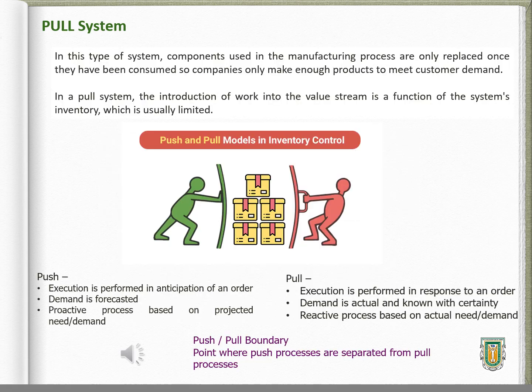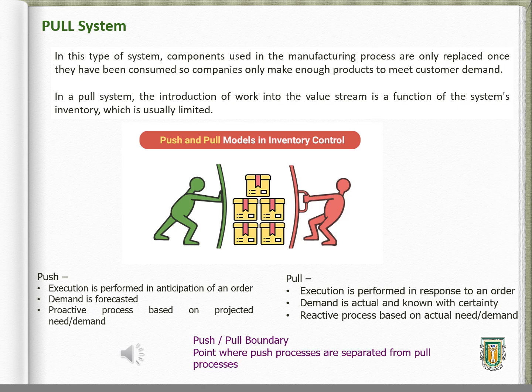Conversely, in a pull system, components used in the manufacturing process are only replaced once they have been consumed, so companies only make enough products to meet customer demand. Therefore, in a pull system, the introduction of work into the value stream is a function of the system's inventory,